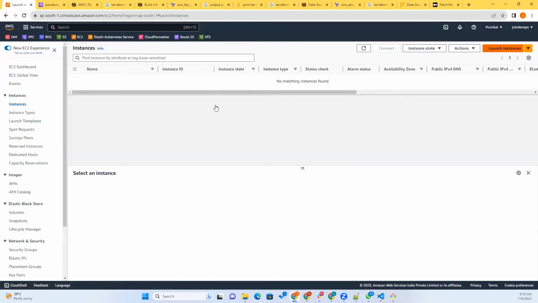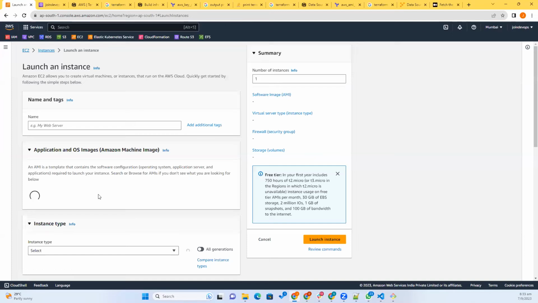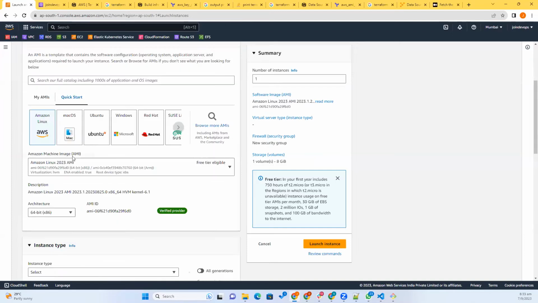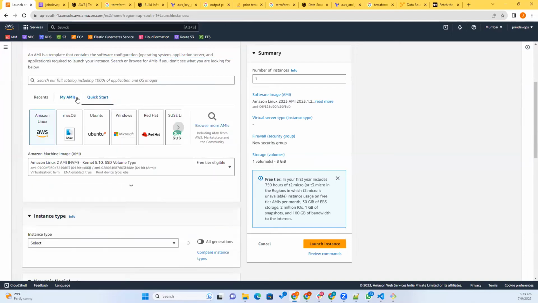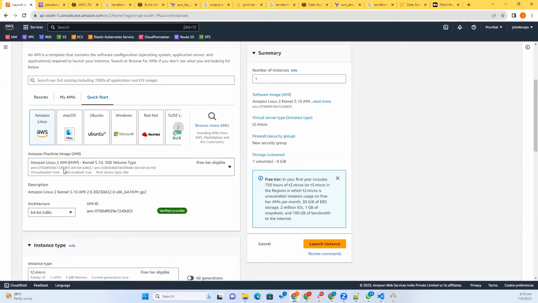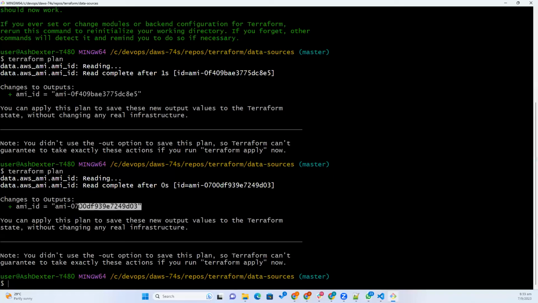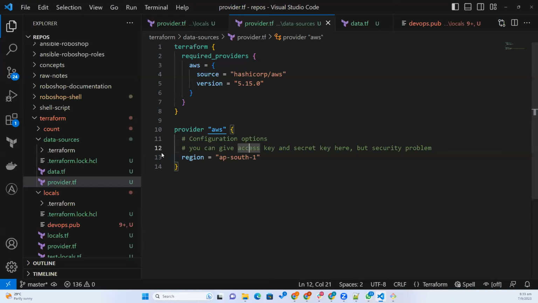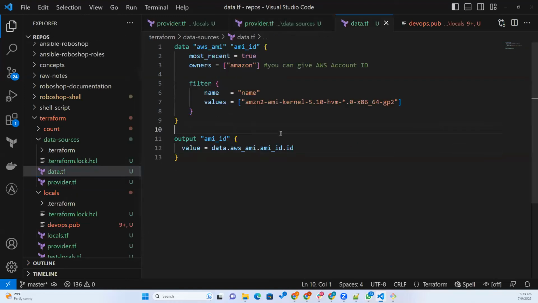Click on launch instance. We'll see the AMI ID here. This is 49D03. Okay. So this is how AWS data sources in Terraform can fetch the